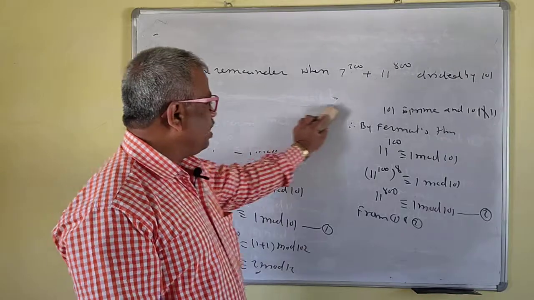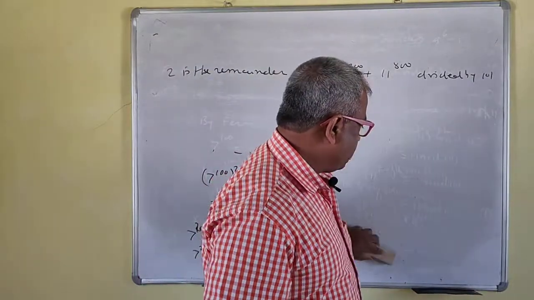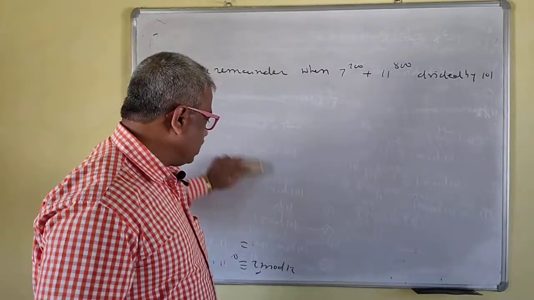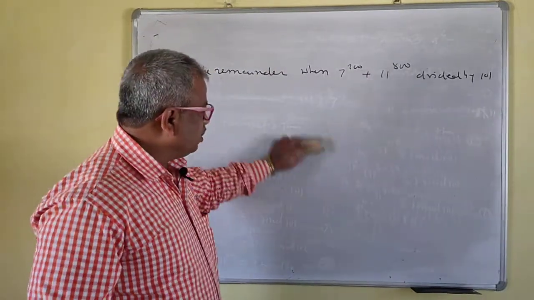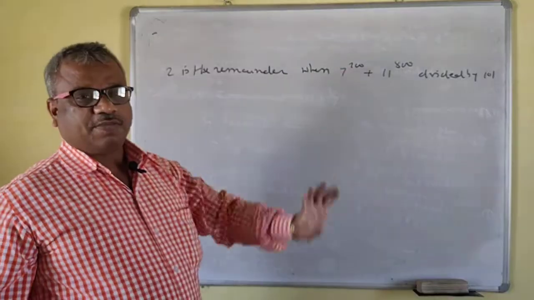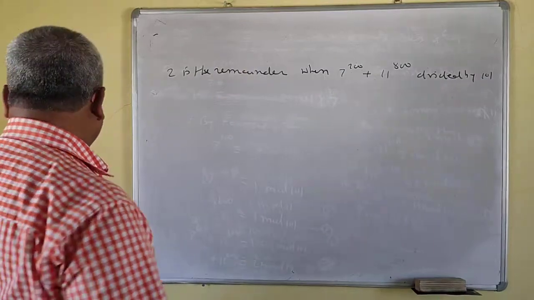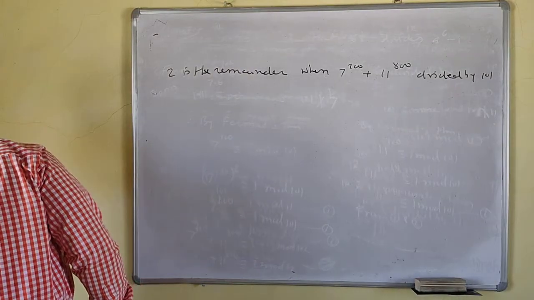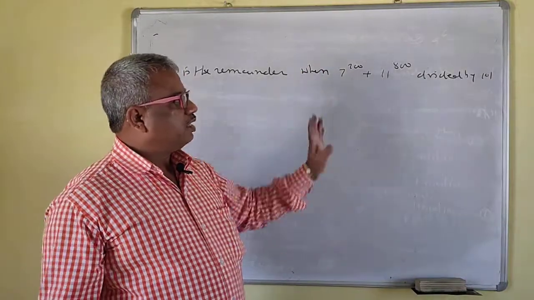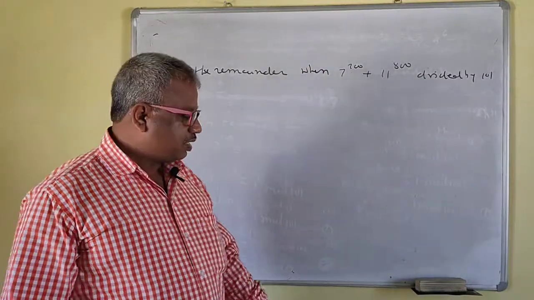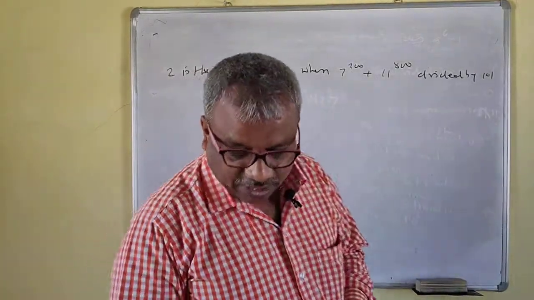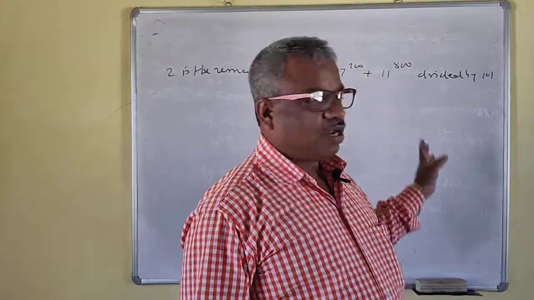Very simple, right? No need to find the value of this one and no need to do the division, multiplication, addition, subtraction like this. With Fermat's theorem, we can easily find the remainder of this biggest number. So you can solve a number of problems like this. I hope you understand Fermat's theorem, how to evaluate and apply problems on it.